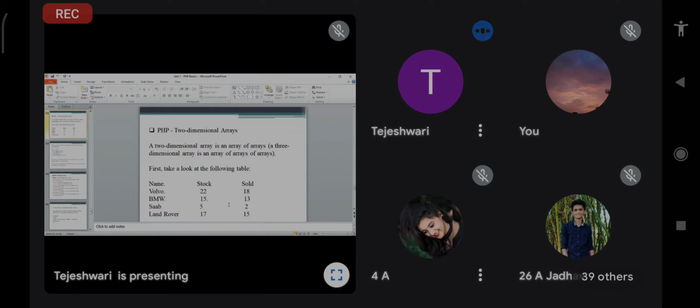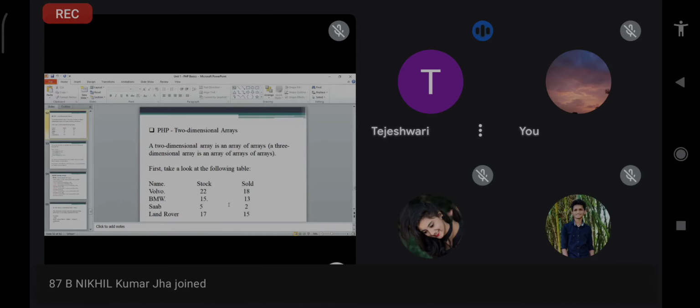Suppose you know about 0, 0. What content will be in the 0, 0 position? Tell me.